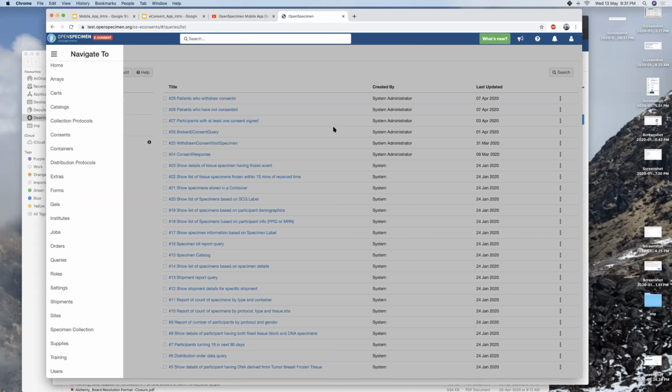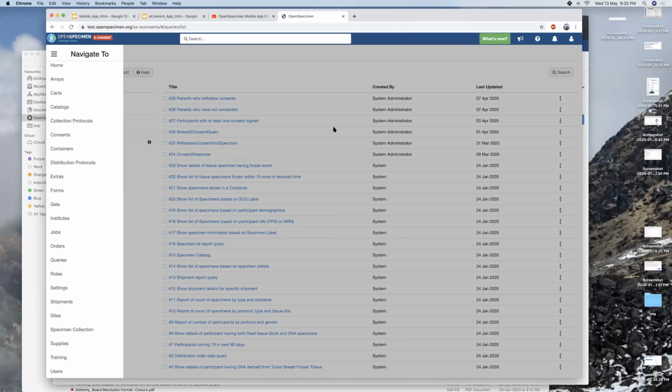What is the extent of the consent to Epic interface? Can we upload the whole form? Yeah, so e-consent to Epic, or rather OpenSpecimen to Epic, is possible through HL7. We have done this integration for a lot of existing customers who are already using our Epic interface. And right now it is limited to patient demographics and not consents. But it is an HL7 based interface, so it is very easy to extend it to even include consents.